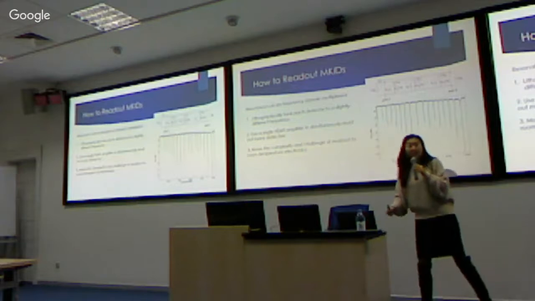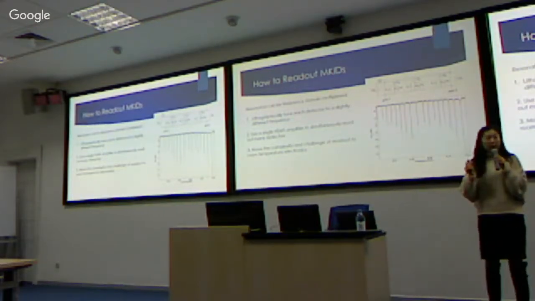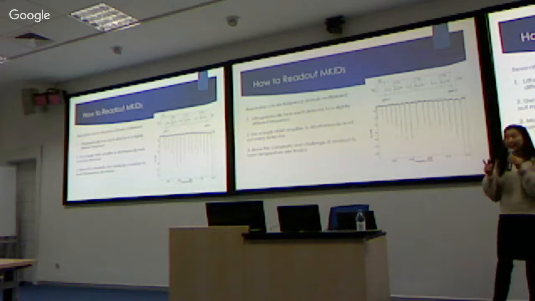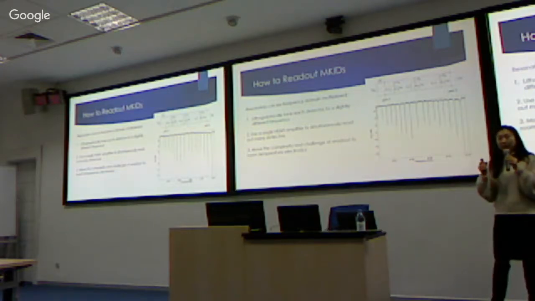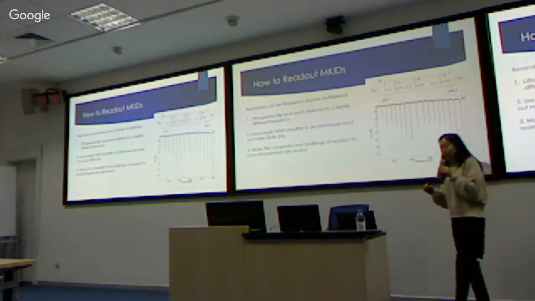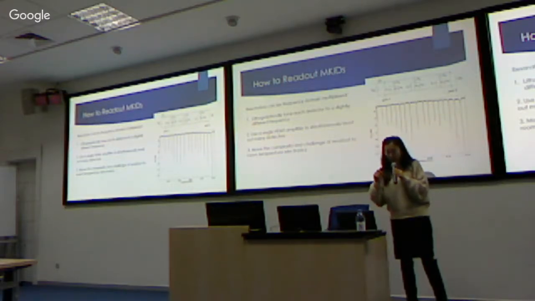The reason why MKIDs are so advantageous is that we can have only one HEMT amplifier and one cable to read out a multiplexed signal. So this signal is then sent to